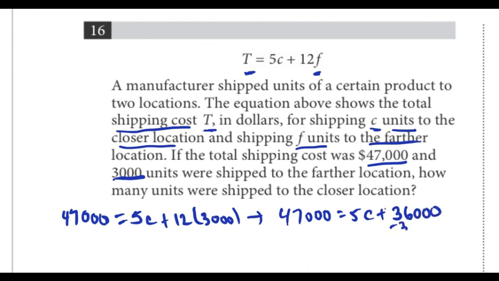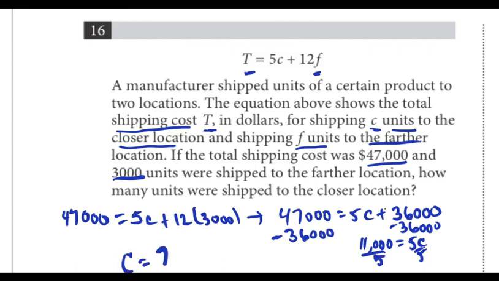Subtracting 36,000 from both sides of the equation, we get 11,000 equals 5C. Divide both sides of the equation by 5. And we get C equals